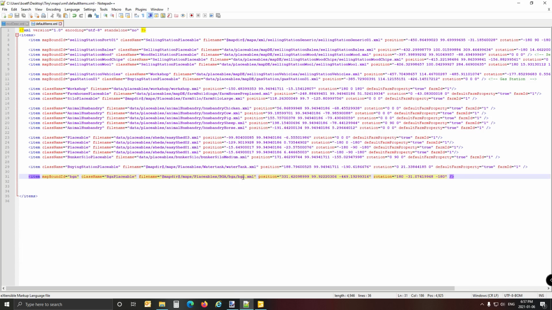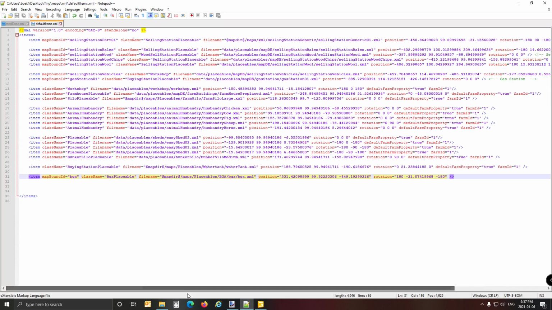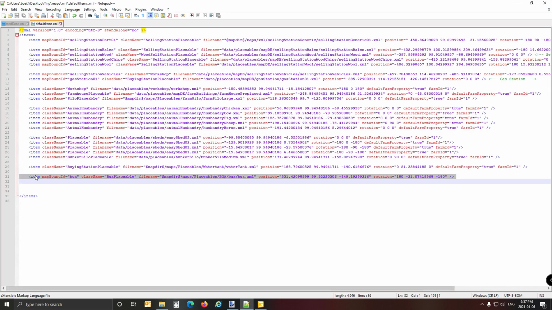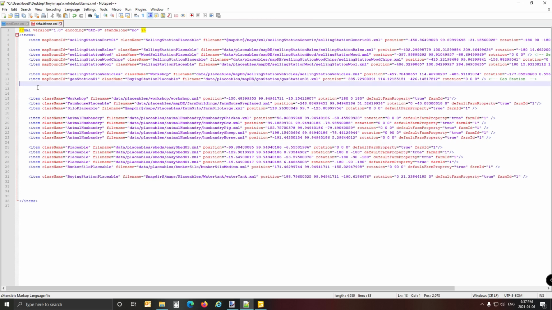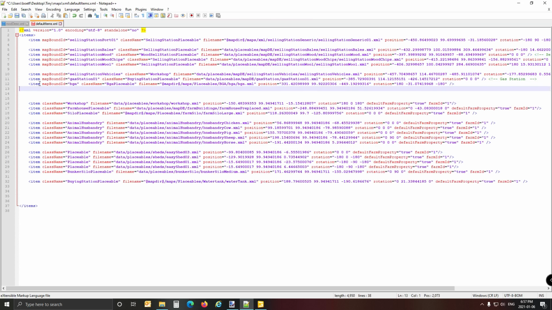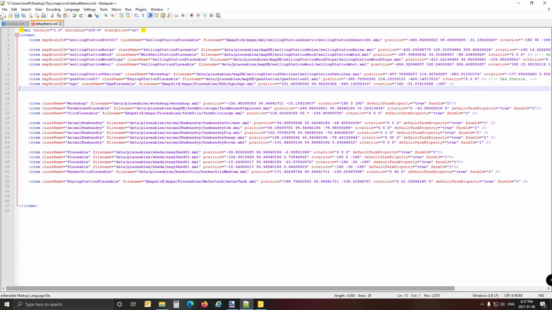I wonder if we should put a farm ID to it. No, we shouldn't, because it's not part of a farm. In fact, this line, I can actually cut this line and put it here by the other map bounds, just to keep everything nice and organized, you know. I'll paste it in there. Alright, so the map bounds all same, all the class names are by each other, and that is all nice. Alright, so now that we're happy with those two, save that, and then you can close that,